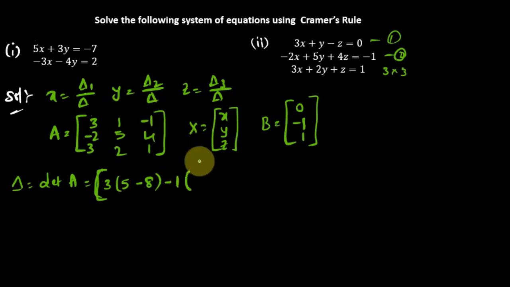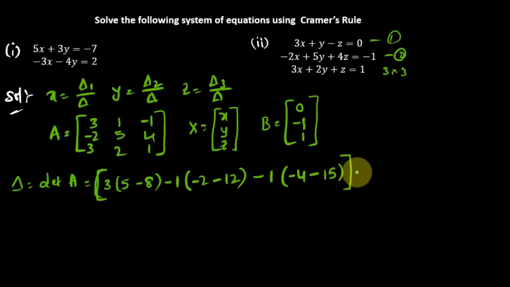Okay, so minus 1 into, I should close the corresponding row and column. So this into this and this into this. Minus 2 into 1 is minus 2 and minus 3 fours is 12, right? Then last, this is minus 1 into, I should close the corresponding row and column. So the determinant of this 2 cross 2 matrix: minus 2 into 2 is minus 4, minus 3 fives is 15. Okay. So in this way we find the determinant of A.